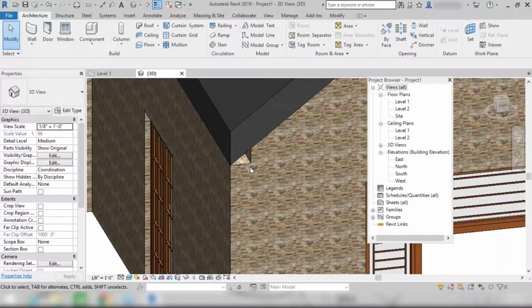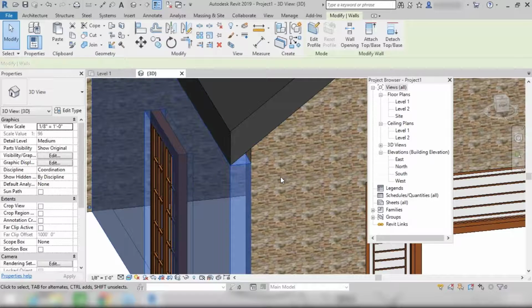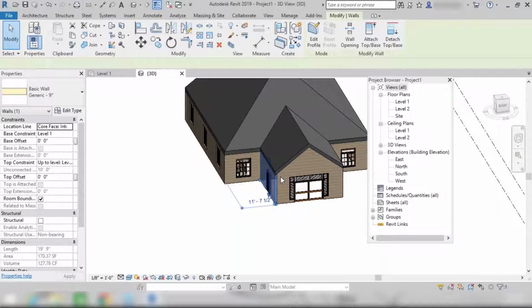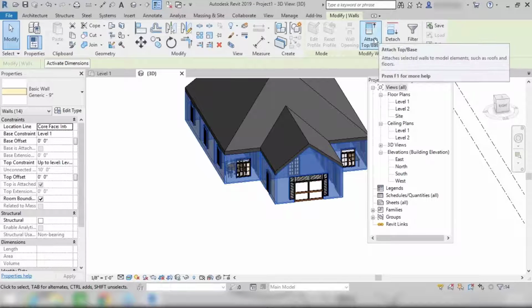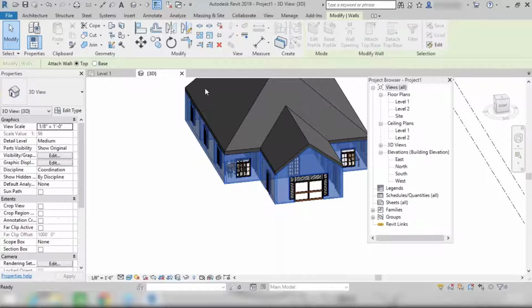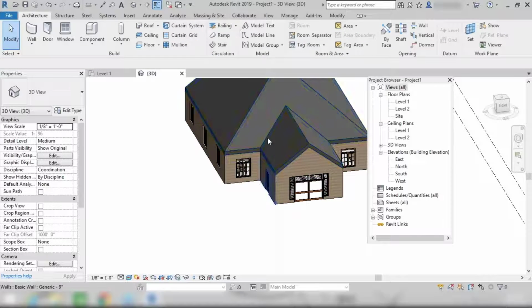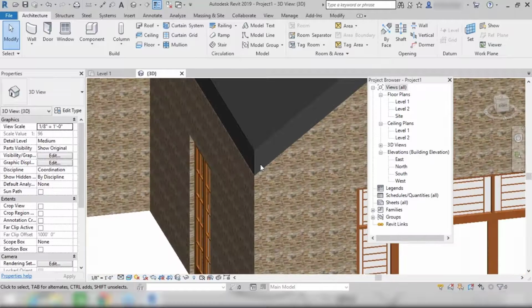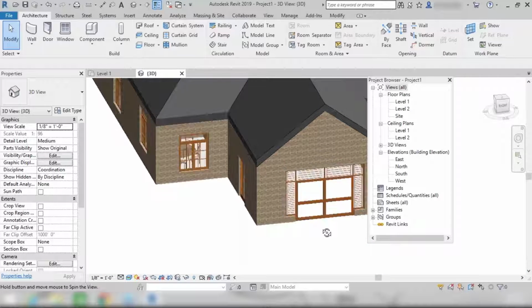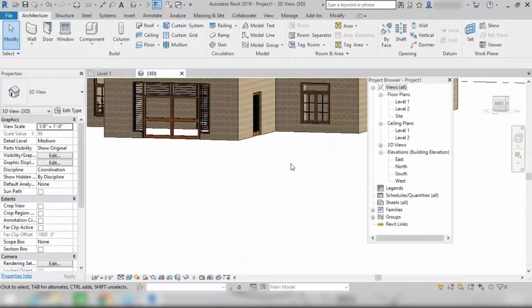If you want to fill this gap as well, you need to select all these walls. Click on one wall, press SA. After that, click on attach top base and select this roof. Now all your walls are attached to this roof and you won't be able to see any gap here. So you can see this.